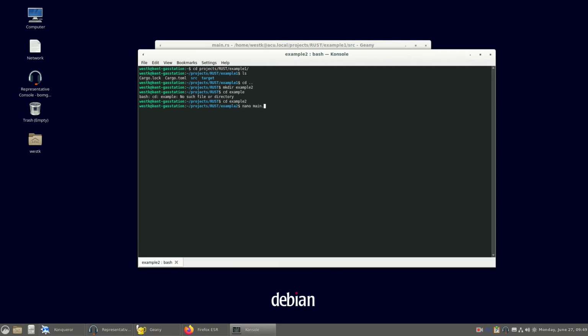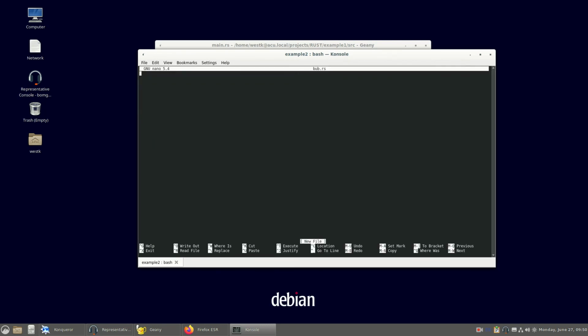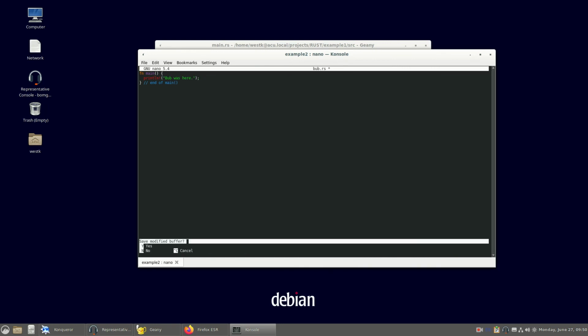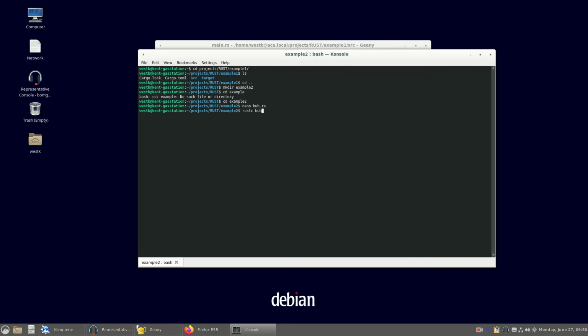When we created main.rs earlier, I said that all Rust programs look to the main function to be the main entry point of a program. The file itself does not have to be called main.rs. We could call it bub.rs and put in here our function main. See if I can type all right. And our program, println bang, bub was here. Exit out and save that, and we can compile it, bub,